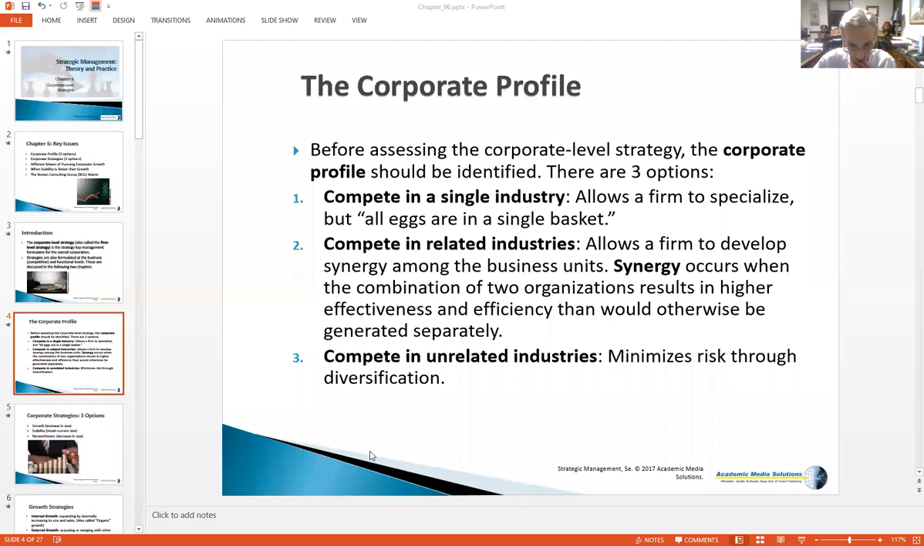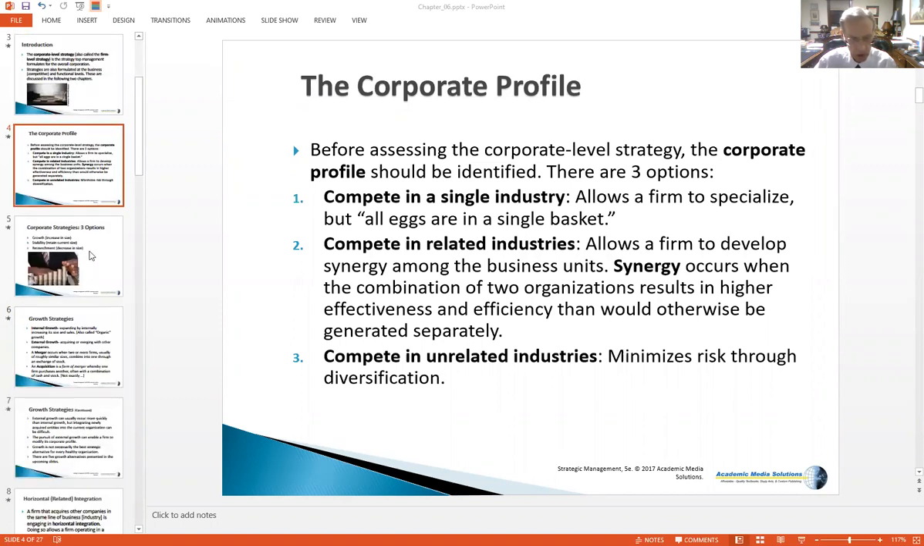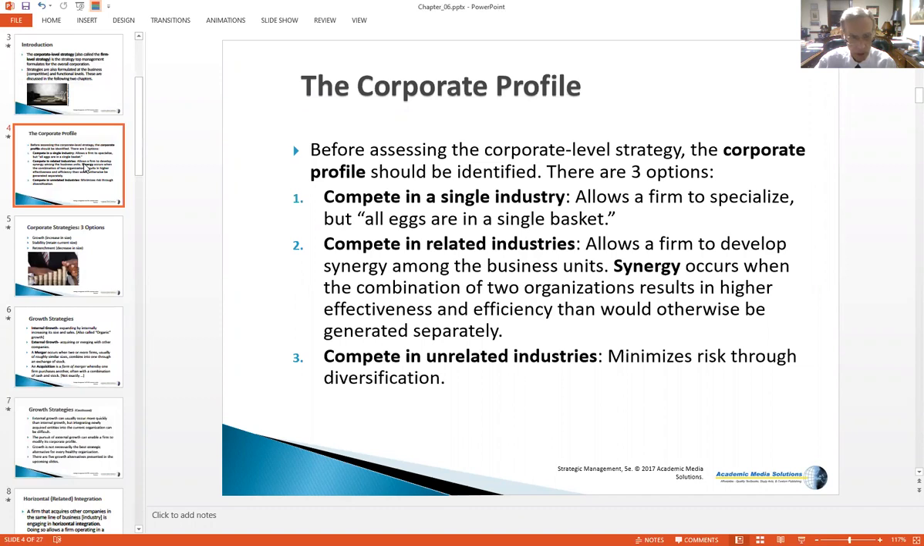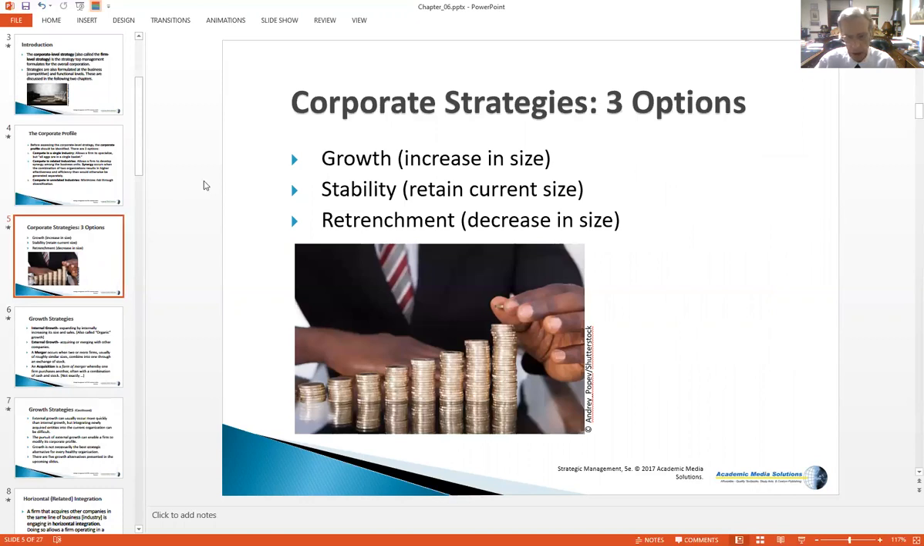Okay, so we've talked about the three broad possibilities of the way a corporation will be formed. And depending on the possibility that's chosen, that'll determine more specific elements of strategy. Now, we've talked about corporate profile, or the overall corporate structure. Now we're going to talk about three broad approaches